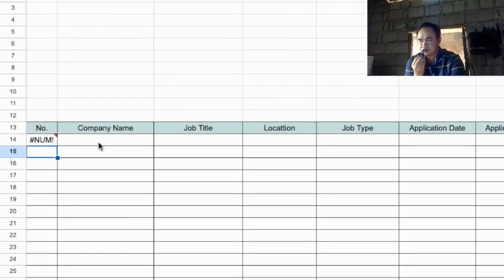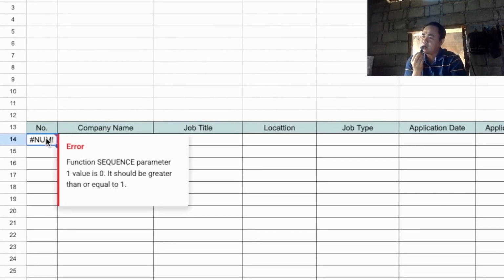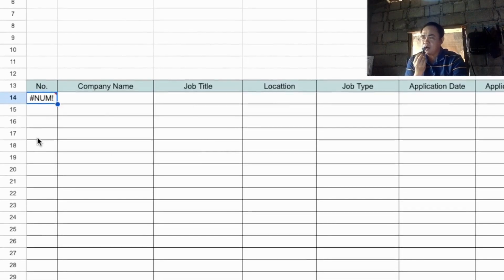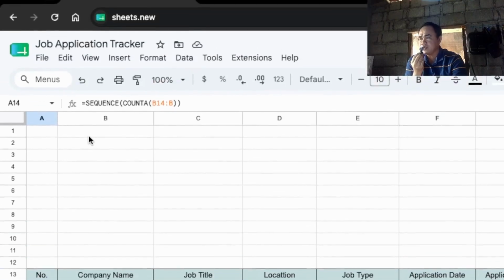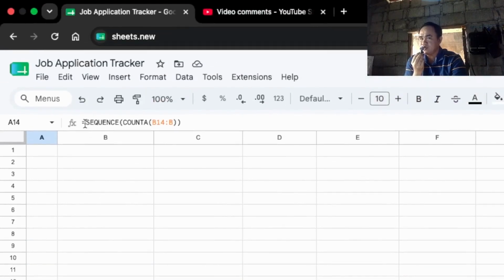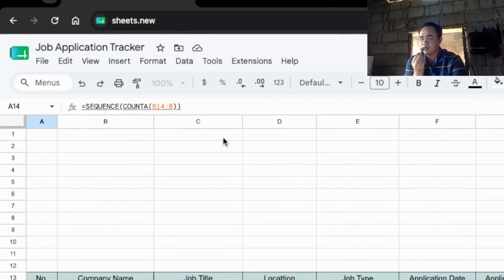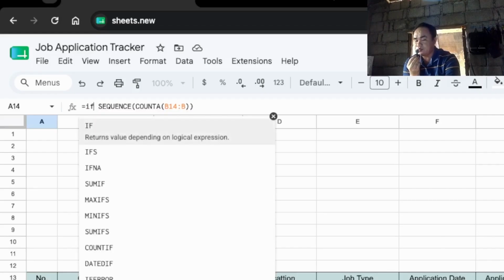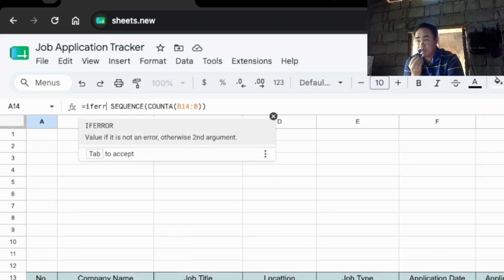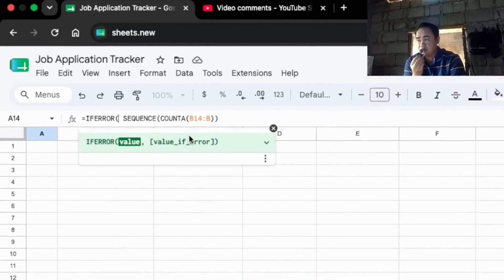Next, we're going to wrap this num error to make it better. Let's go in front of our SEQUENCE function, add some space, go back one character, and add an IFERROR function. So the num error will be gone if there's an error.